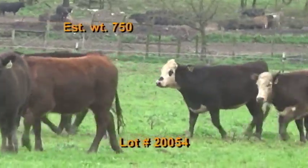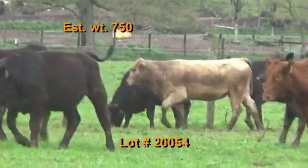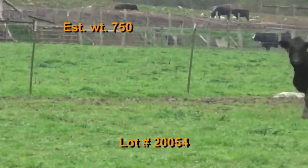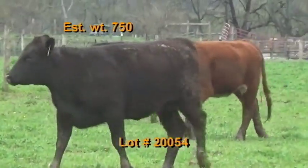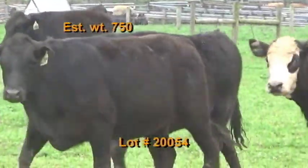Our next lot is from M&W Farm down in Petersburg, Tennessee. We have 68 of these good heifers weighing 750 pound. Weight spread 700 to 800 pound. 90% L&M1s, 10% number 2s. Flesh score of 5. There will be 55 black and black baldies, 5% Charolais crosses, 3 red baldies, 2 reds,